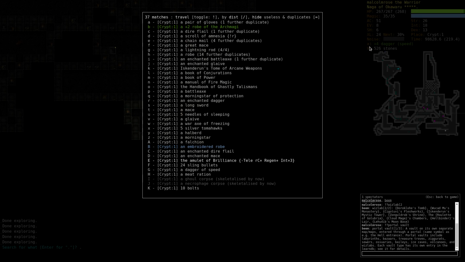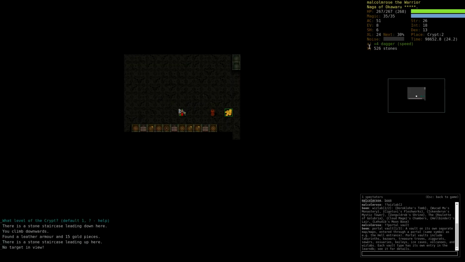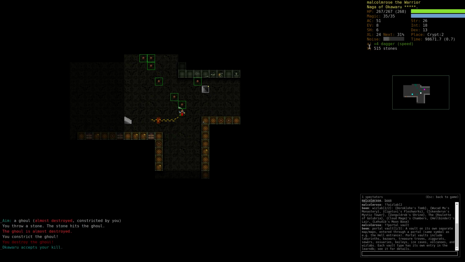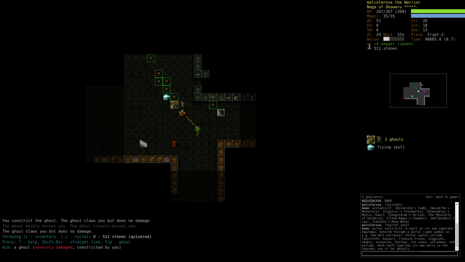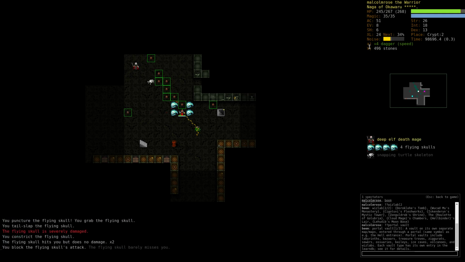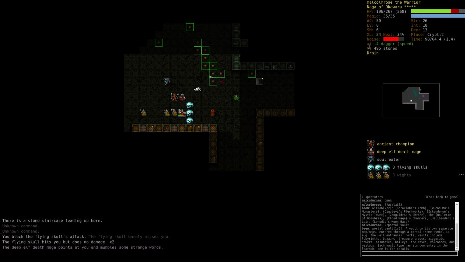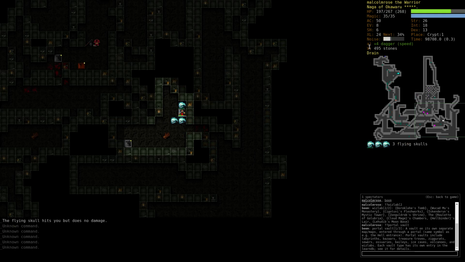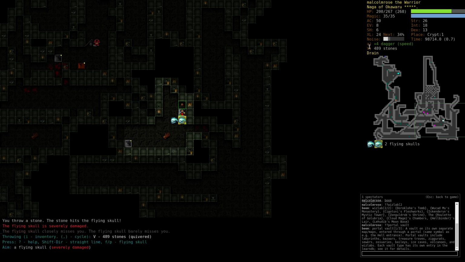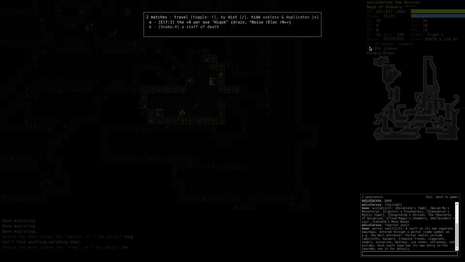Okay, that's Crypts 1. Why don't we go to the staircase? We've got quite a lot of stuff. Gosh, I really need to get some Armor going. But there's really nothing available, not even a ring. I mean, I could wear this axe, but...